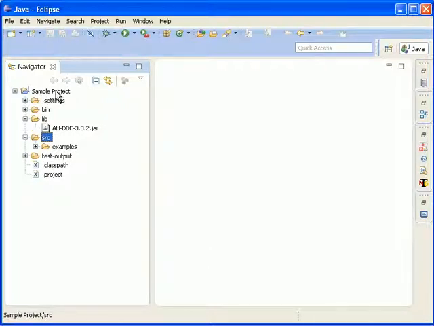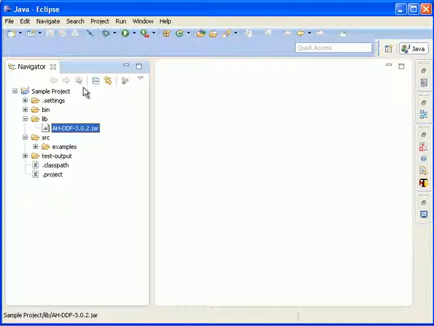Now set the Java build path for the jar file. If you are executing the program using 3.0.2, you do not need any other jar files in the lib folder because this does not depend on other jar files. Only one jar file is required. If you are reading the test data from a workbook, then you need the other POI jar files in place. For reading the test data from XML, you do not need any other jar files.